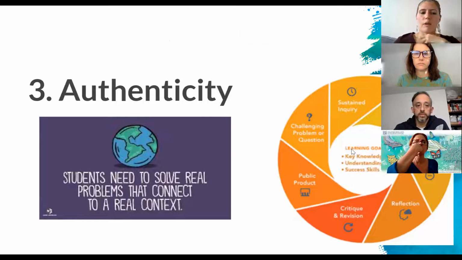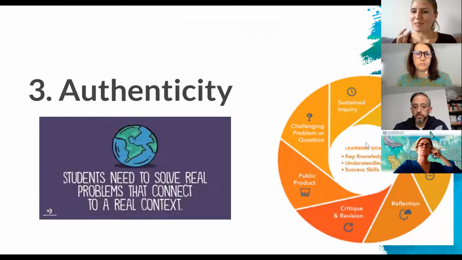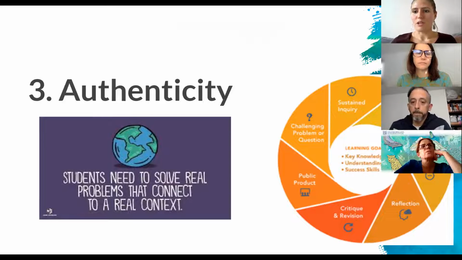Okay, we're moving into essential element 3, authenticity. All the things about the mission statements, like this is really where we need to be at if we are going to accomplish those missions and visions on the walls of all of our schools. So authenticity